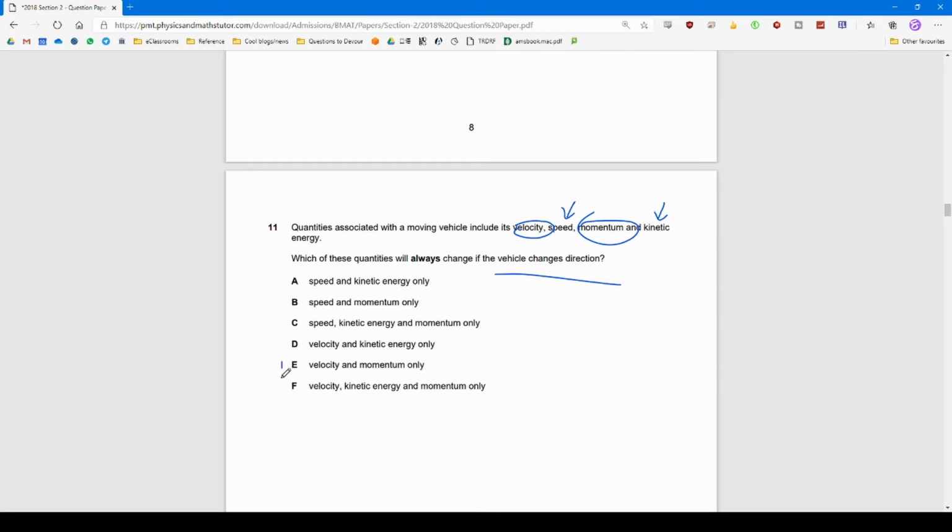So velocity and momentum only gives us option E. So the velocity of a body is a vector, and momentum is just the velocity multiplied by the mass. And because these two vectors both describe not only the actual speed, which is the rate of change of its distance rather than displacement. Speed is if I was running in a circle at 5 meters per second, even though after a few seconds my average velocity would be 0, my average speed would be 5 because I've covered this curved distance, right? So anyway,